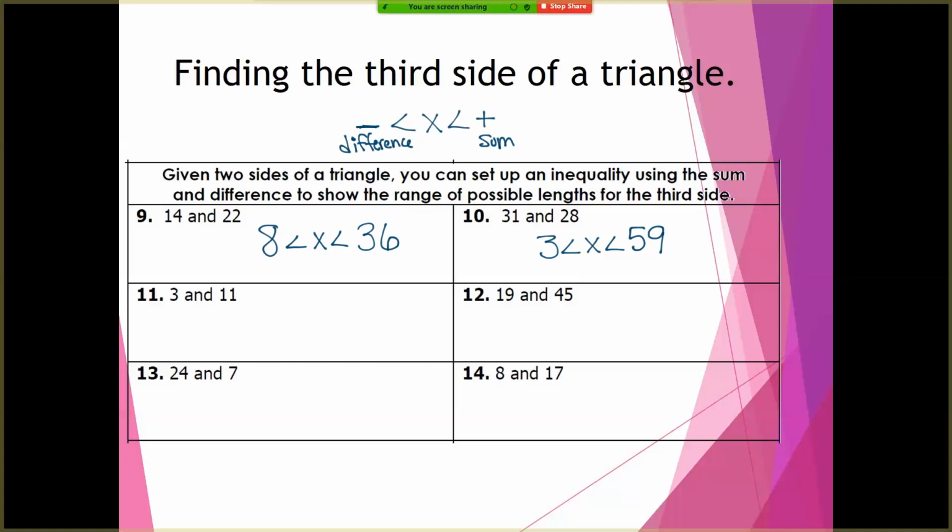So 3 and 11, I'm going to take 11 minus 3 to get 8, 11 plus 3 to get 14. So my side lengths